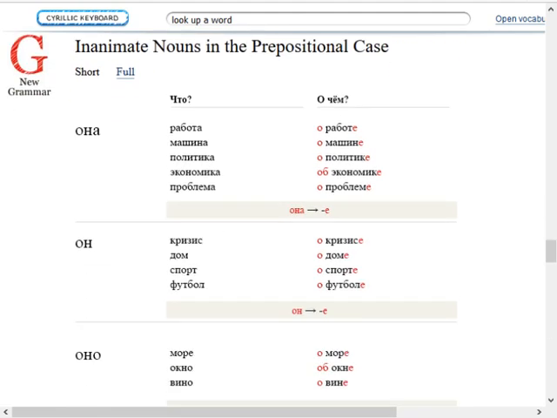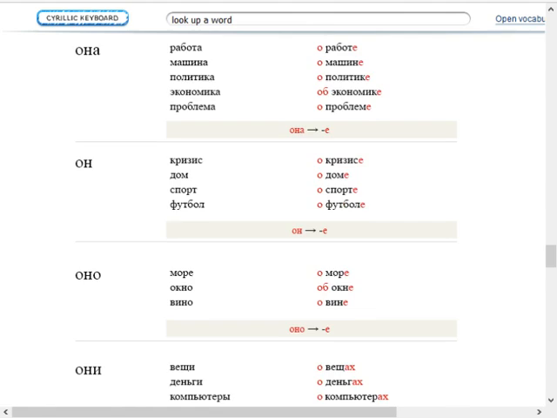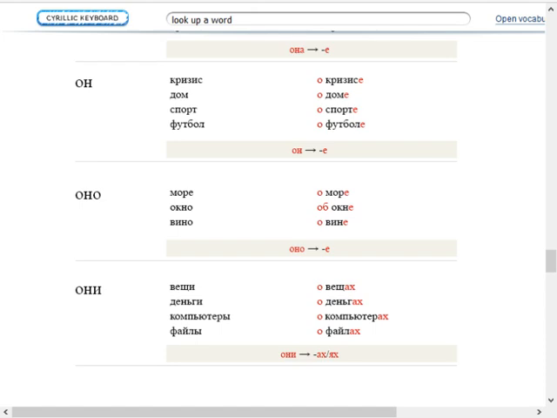Inanimate nouns in the prepositional case. So here on the left we have что for inanimate objects, and oh yeah, because it says up here it's inanimate nouns. So on the left is the inanimate noun, and then on the right is how it transforms when you say about something. So if you are talking about работа, work, then you talk о работе. If you talk about машина, car, you talk о машине. In politics, economics, problems, crisis, house, sport, football, the sea, the window, wine,